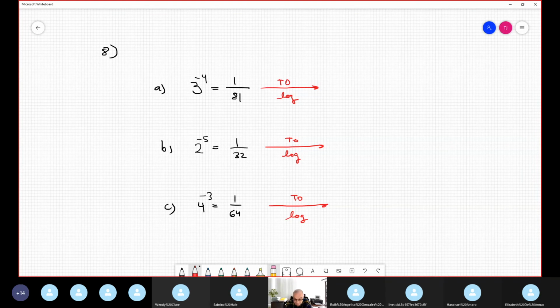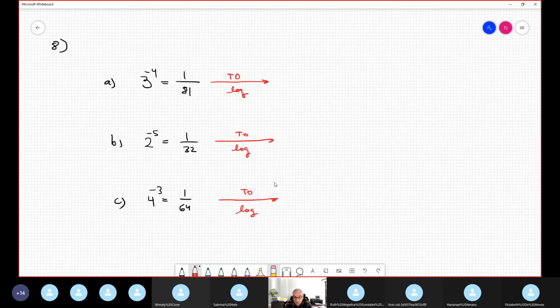Okay, let's do it. The first one. You put the famous word log, and you identify what's the base. The base is obvious in the first string. You put a small 3 here. You open the parenthesis. Inside the parenthesis, we have a number that represents the argument for the logarithm, but the